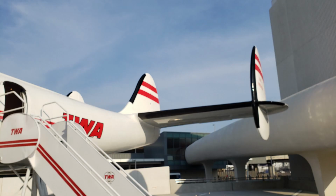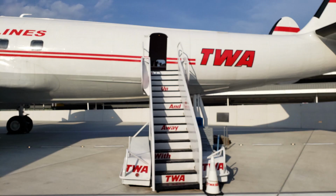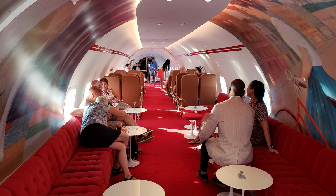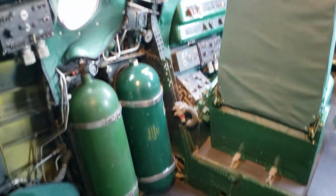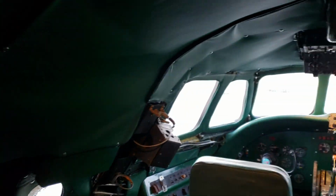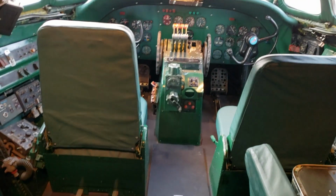It was, in fact, a TWA airliner for a couple of years, but unfortunately, this last model, the Connie, came out just about the time the jets were coming into service, and so obviously as a result they didn't stay in service very long. They wound up with second-tier carriers. Most of them ended up flying freight, and this one not only flew freight, but it flew, shall we say,